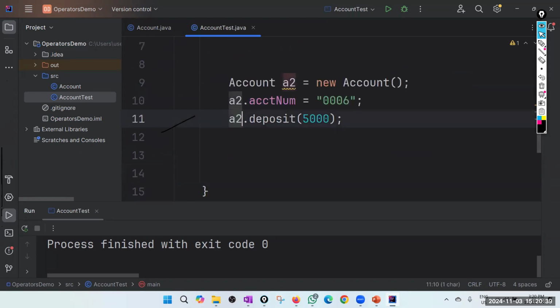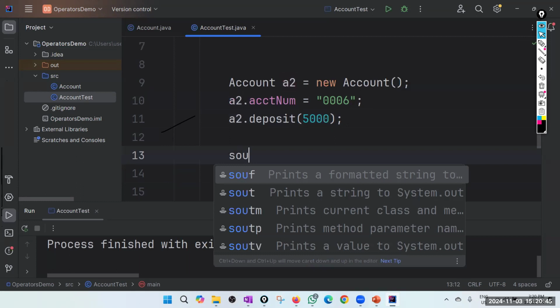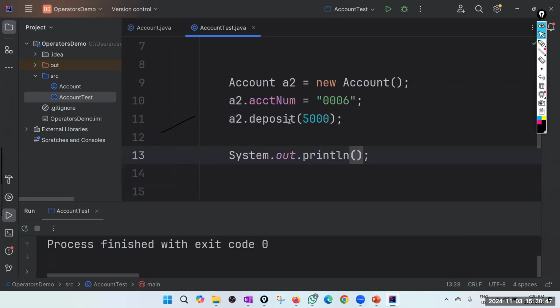So let's say a2 deposit, and let's say we want to show the account number and balance of each and every account.